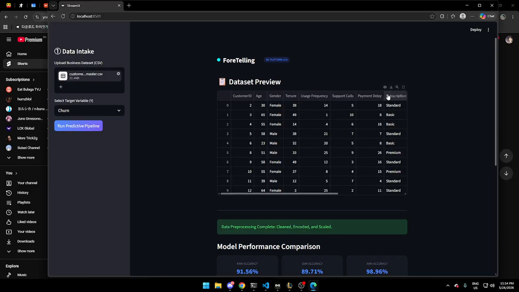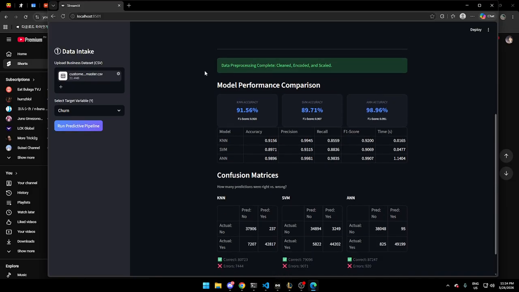Data visualization like charts and graphs, and make those charts and graphs downloadable or exportable to PDF or something. So probably regression as well, so not just classification, but also predicting numbers like sales or prices. I believe that Foreteller has a lot of potential to grow into a more complete business